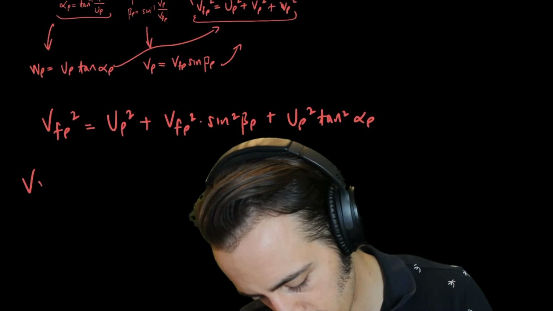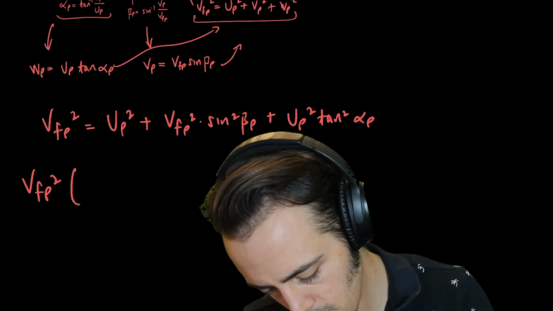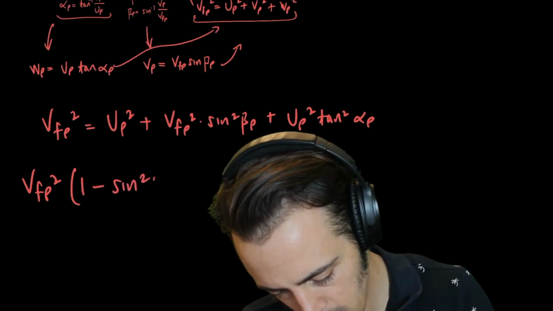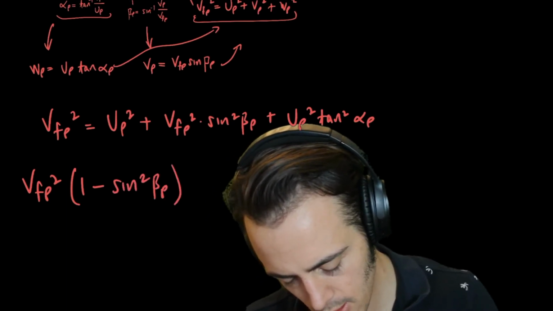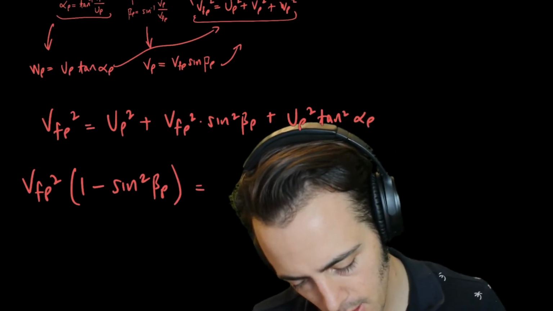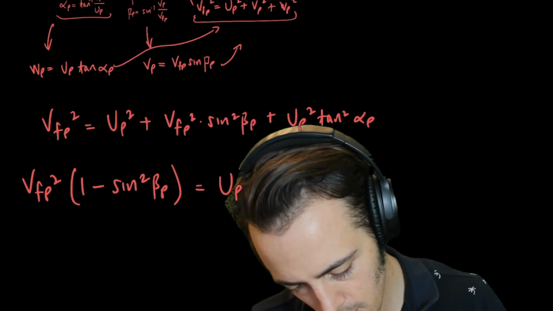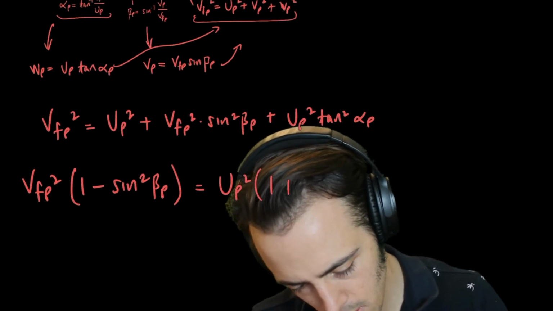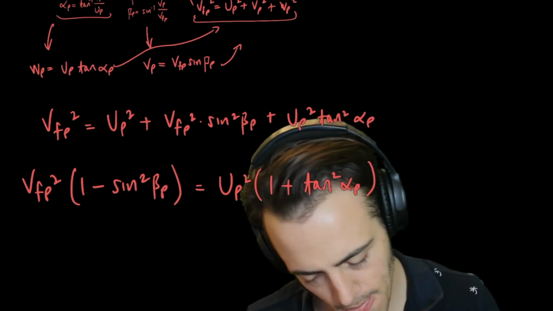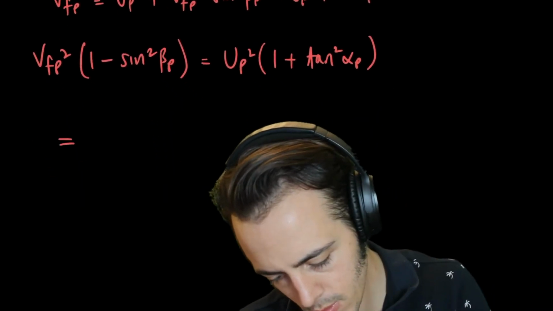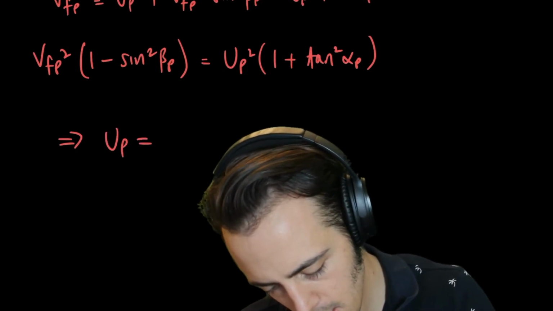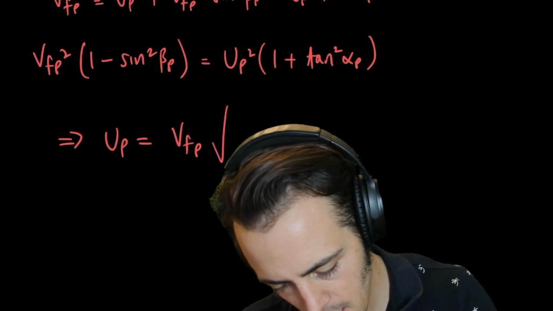Let's say I've got VFP squared, so I've got 1 minus sine squared of the side slip at the probe is equal to UP squared times 1 plus tan squared alpha P. So UP is equal to VFP